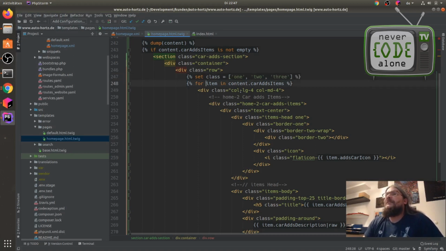Now we also want to have the key of the loop. So we say here key and give me key and item.